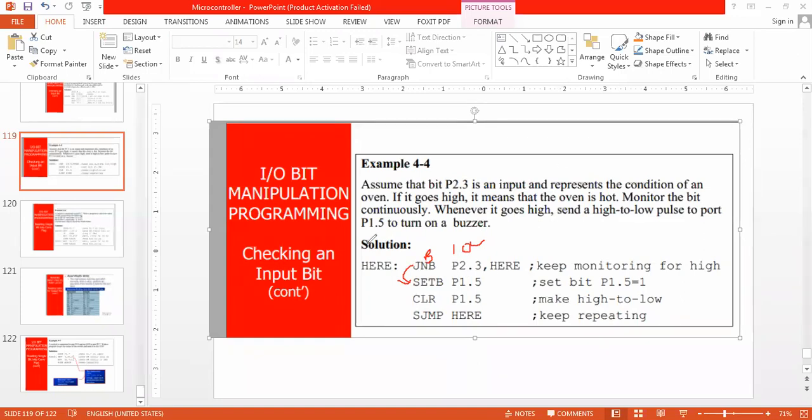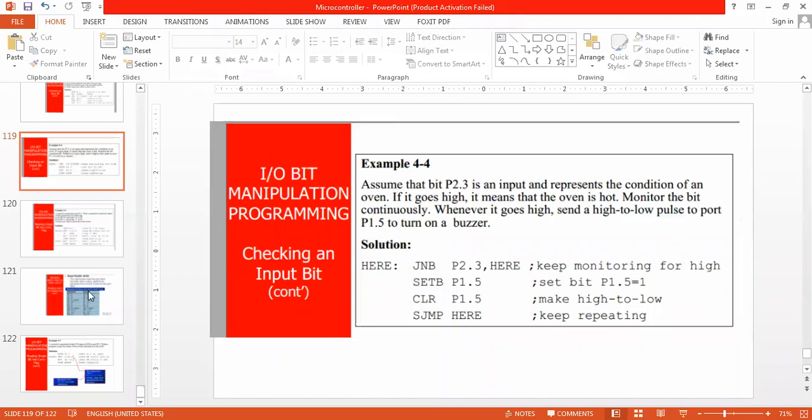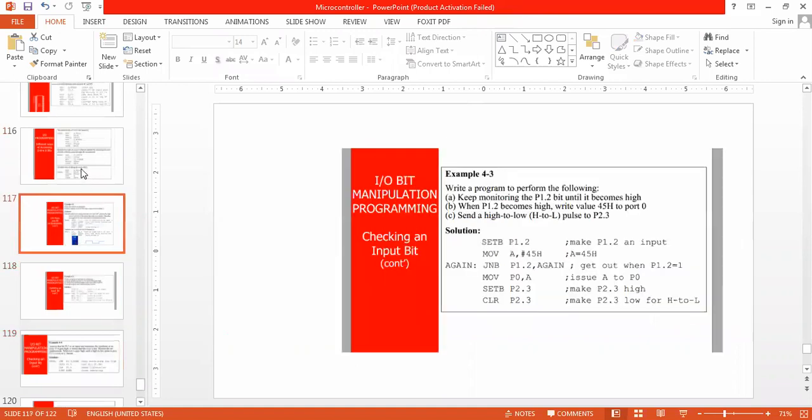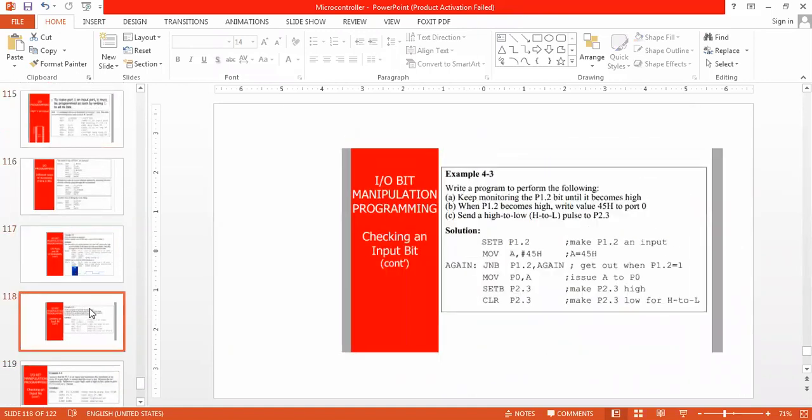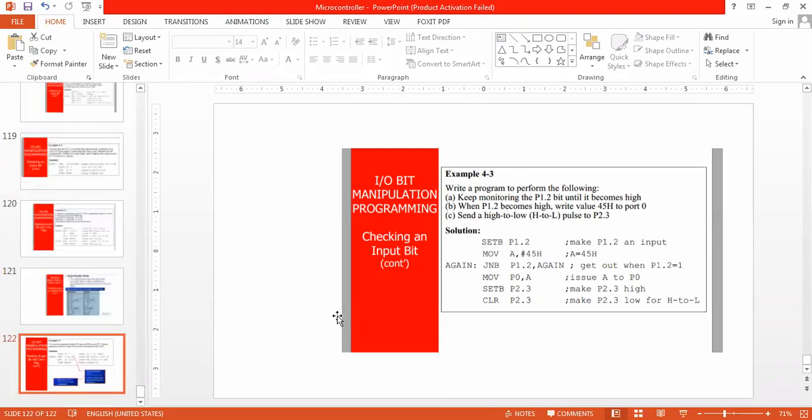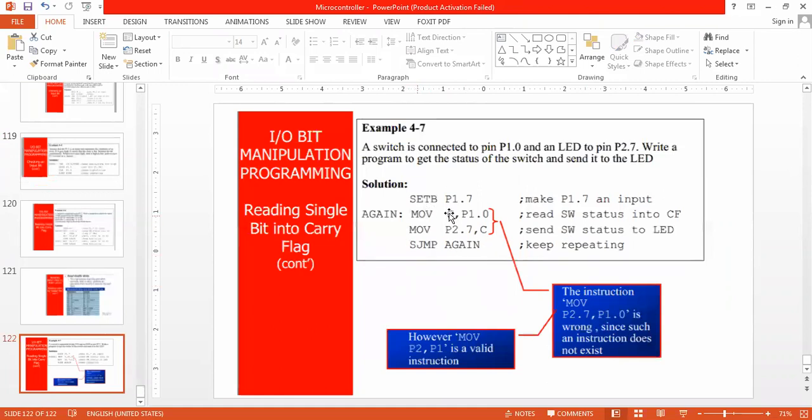I think you have a next class. So only a few more examples are there. Only 2 examples are there. If we go through these 2 examples, then almost the third module is completed. Okay. The last program is very much important. Go through all the slides.